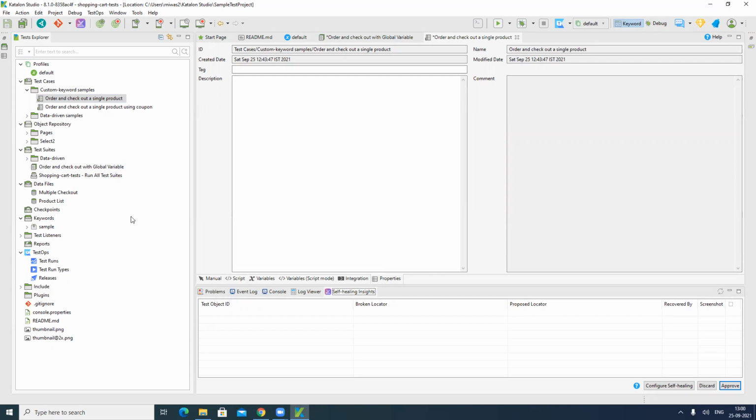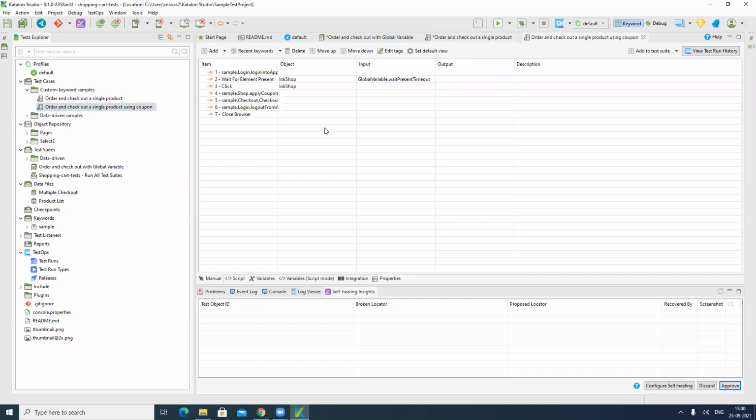Next we will cover the top left section. What else can you do and what are the different settings in Katalon Studio that are very useful for you as an automation tester, and for CI/CD purposes. As I have already told you, it is a perfect tool for continuous integration and continuous testing, and it supports different plugins. So how and where can we integrate? Jira I already told you how to integrate. Other tools we can integrate as well. Now let's go one by one.